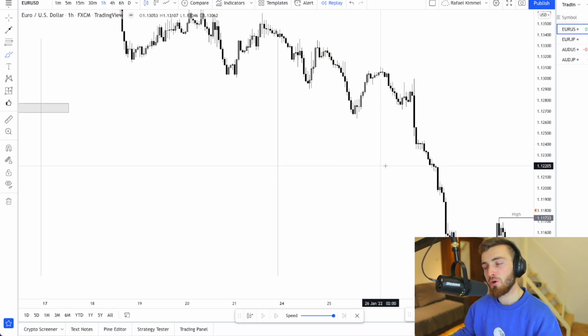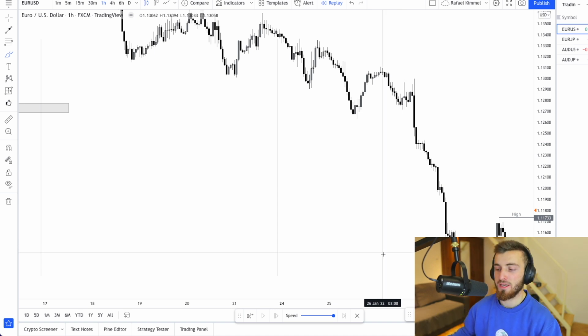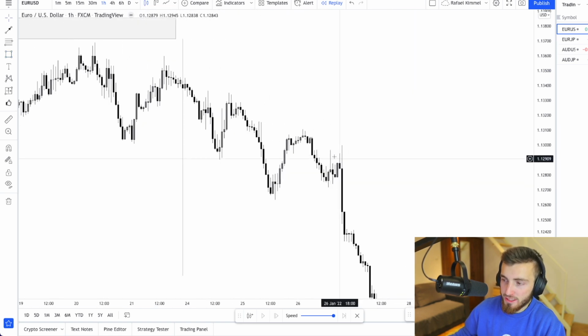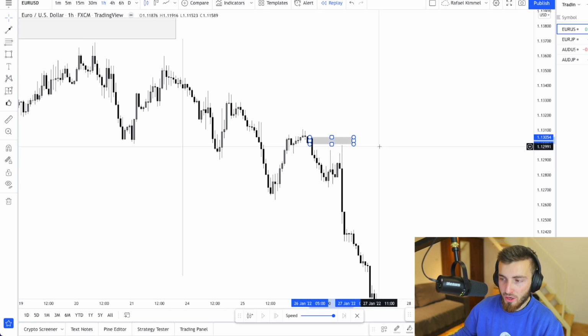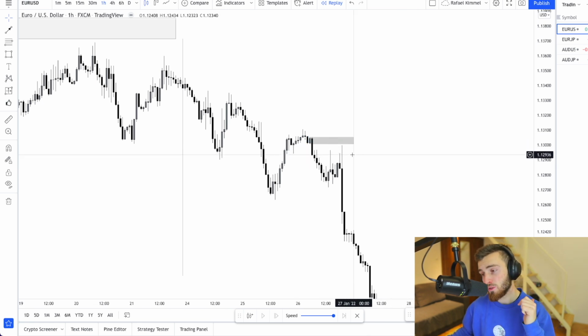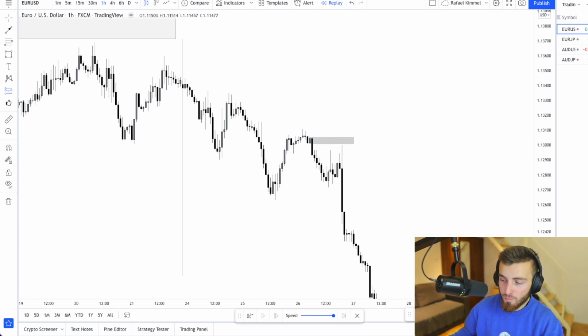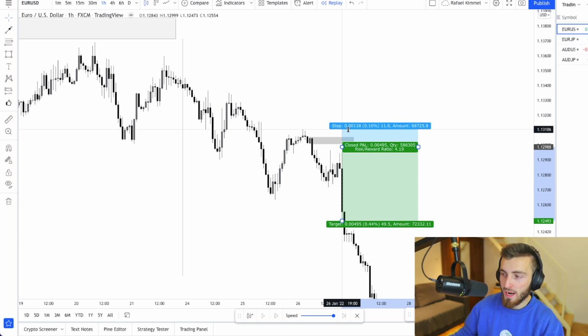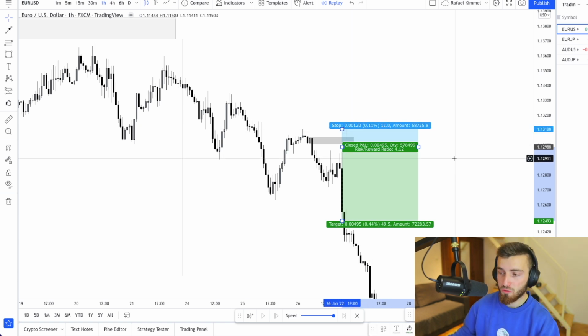Okay, so Euro US dollar. I did not enter in any trades in Euro US dollar, but I do know that some of you actually entered in this trade, which I caught live on my day in the life. So if you want to check that out, make sure to check the top right corner. So this was the possible entry that you guys could have entered if you are trading the same way that I am. And if you want to check it out, the link is in the description.